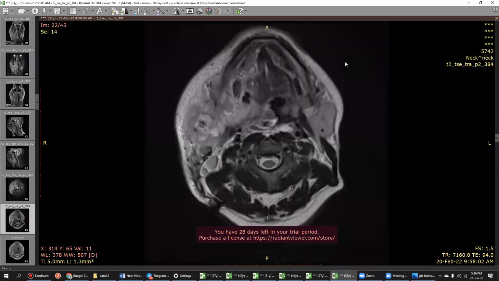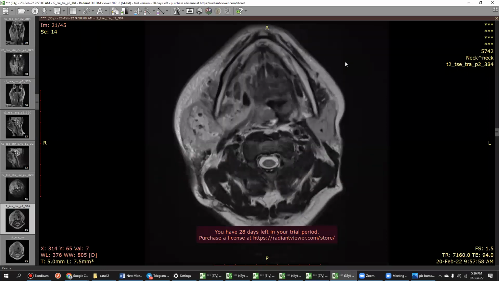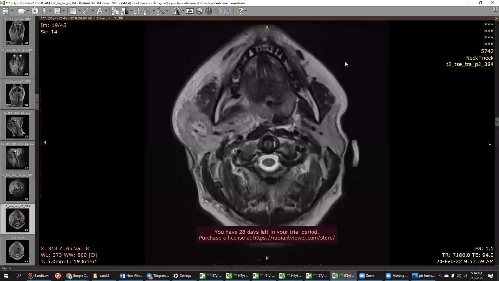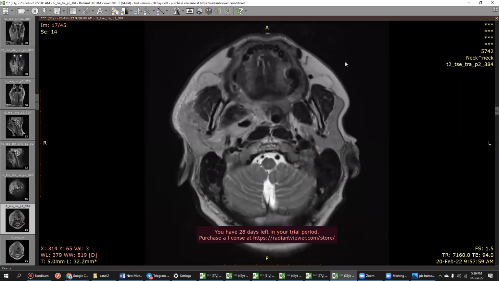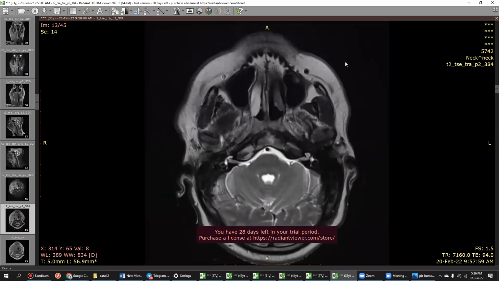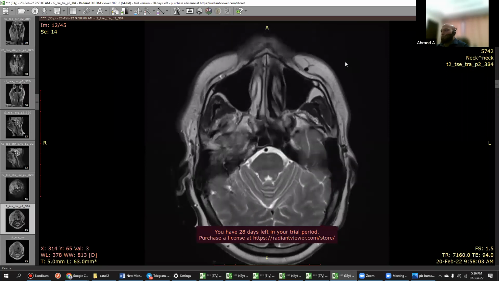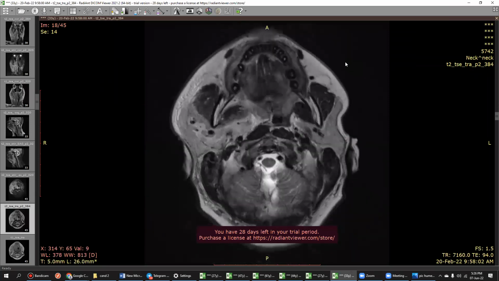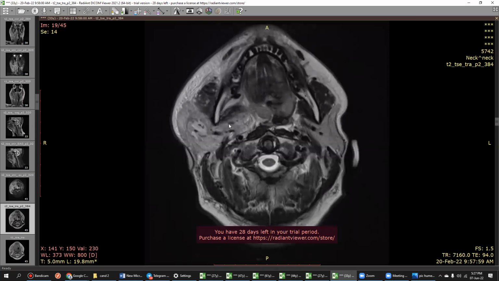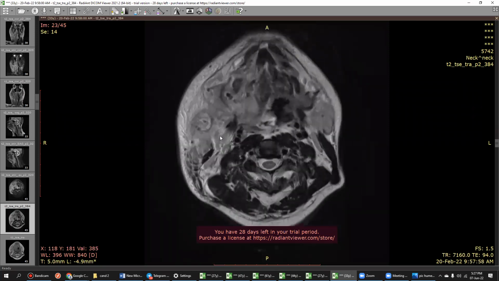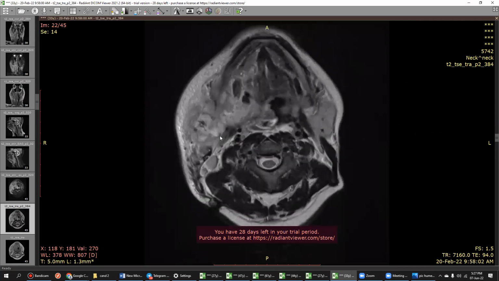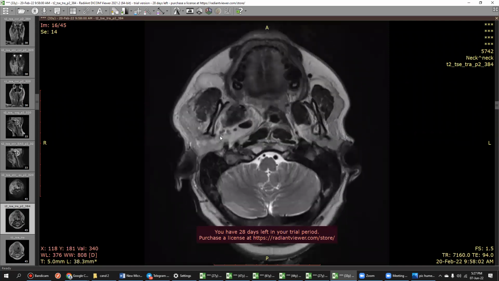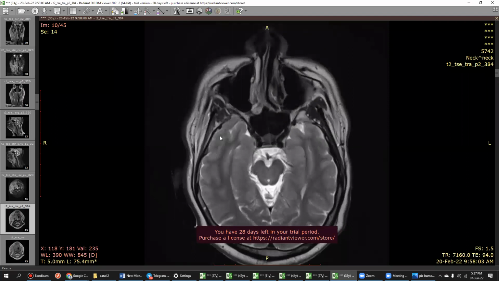There's multiple rounded nodules or lymph nodes in the neck, more on the right side in the region of the parotid gland. Where? Just go back. Here, maybe here. Yeah, extending to the pharyngeal space and submandibular space. This could be,